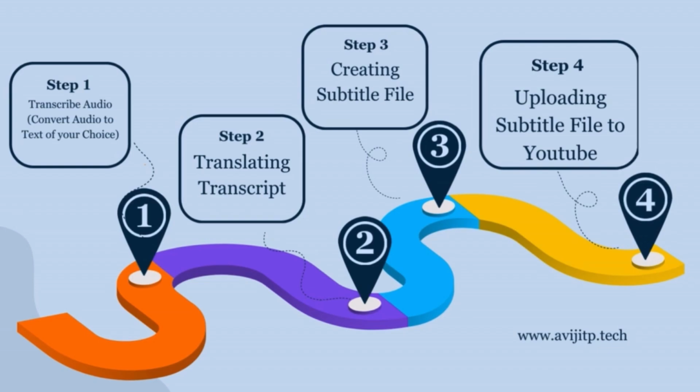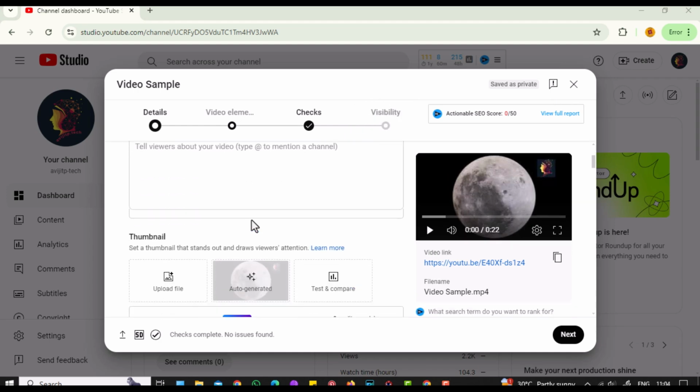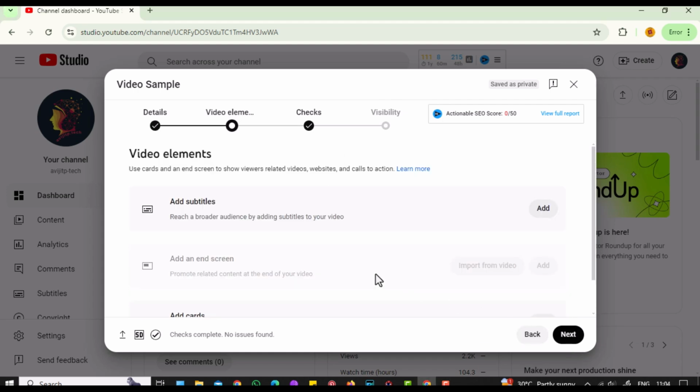Now for the fourth and the final step. We have to upload the subtitle file to the YouTube video. Go to YouTube Studio. While the video is processing, you can click on Add Subtitle and upload the required subtitle file.